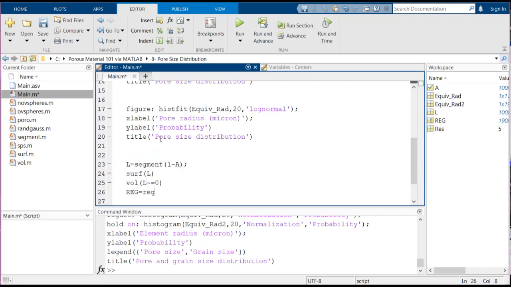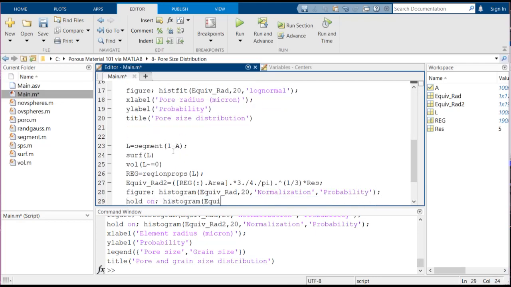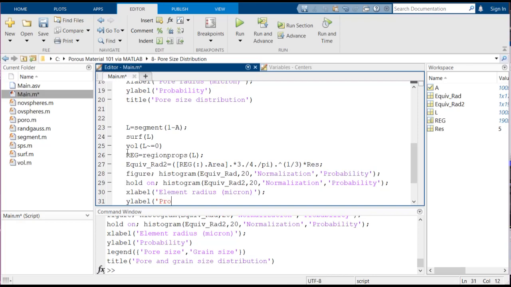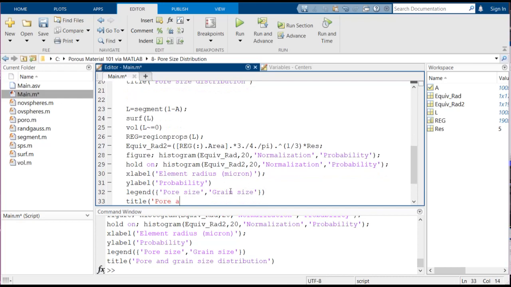We simply need to repeat the different stages for the solid space. The only difference is that instead of segmenting the array A, we segment the array 1 minus A. And we just repeat all the same steps as we did before. This time I've decided to plot both pore size and grain size distributions at the same time, so it can give you an idea of how different the properties of your porous material are. If we evaluate this part of the code,